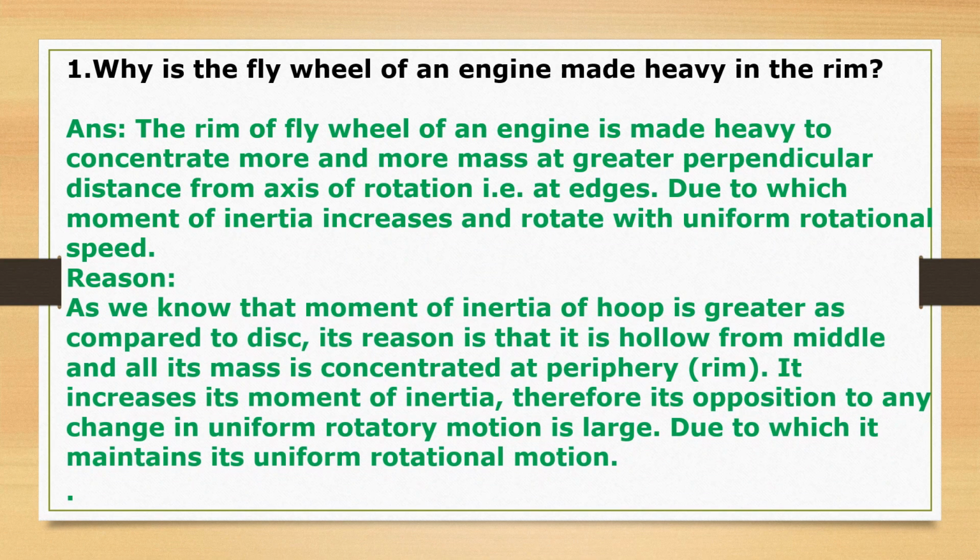The reason for it is, as we know, the moment of inertia of a hoop is greater as compared to the disk. Its reason is that it is hollow from the middle and all its mass is concentrated at the periphery, that is at its rim. It increases its moment of inertia, therefore its opposition to any change in uniform rotatory motion is large, due to which it maintains its uniform